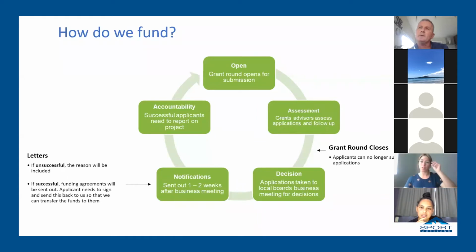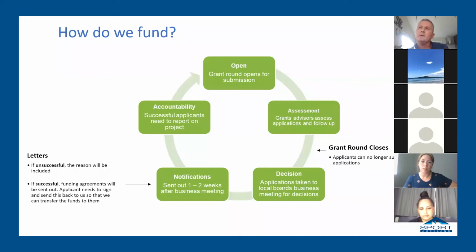You'll also need to declare conflicts of interest. So if you have a board member on your organisation that's also a local board member for that area, you'll need to let us know as well. You also need to provide quotes and expenses of your event or project. You will also need to provide an umbrella company if you are not a registered organisation. If you are an individual, they will likely need to do this. So typically those who apply are incorporated societies or charitable trusts.